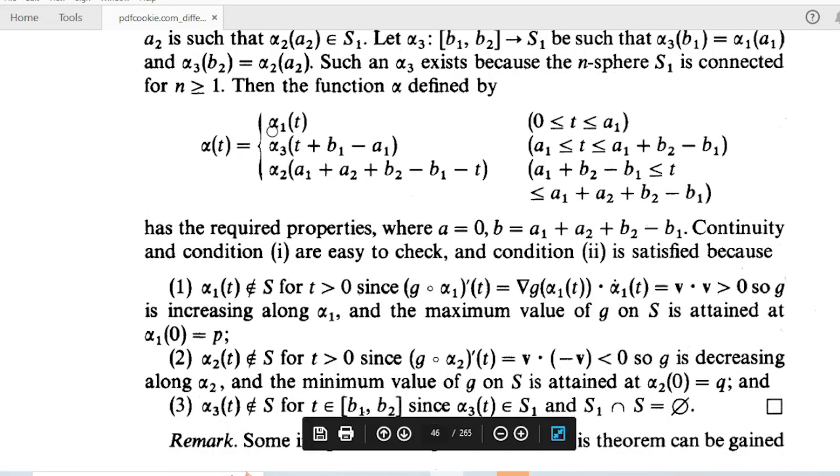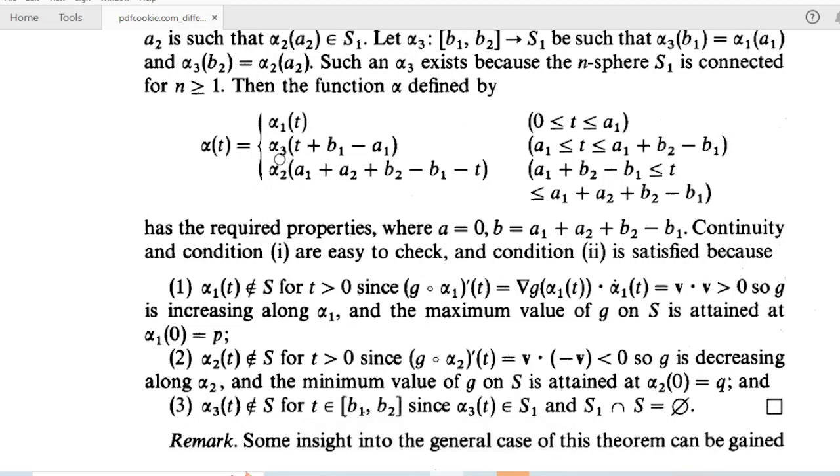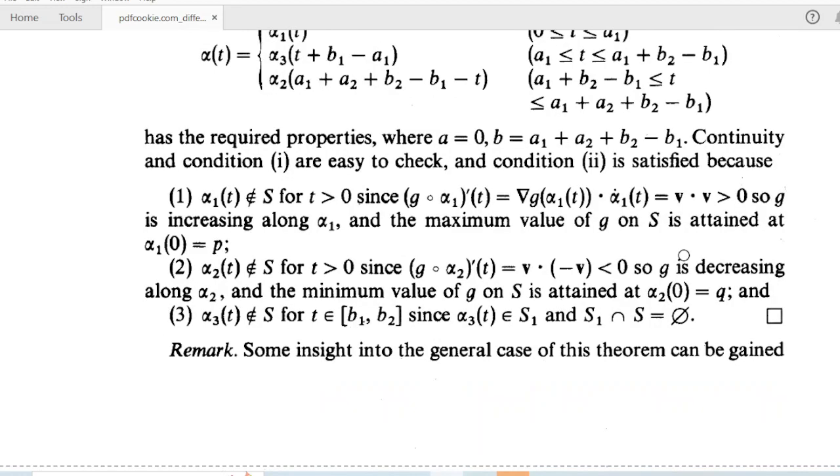Now we define alpha of t in this way. Alpha of t equals alpha 1 of t, alpha 3 of t plus b1 minus a1, alpha 2 of a1 plus a2 plus b2 minus b1 minus t. It has the required properties where a is equal to 0, b equal to a1 plus a2 plus b2 minus b1, with continuity and conditions. Because first, alpha 1 of t does not belong to S for all t greater than 0, since